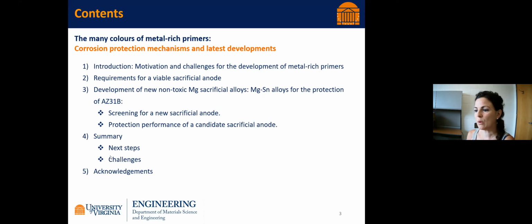So the bulk of the talk will be a case study focusing on magnesium-tin alloys for the protection of another magnesium alloy, which is AZ31B. That will include how we go about screening for a new sacrificial anode and the protection performance of a candidate sacrificial anode. And then I'll summarize with the next steps and challenges involved with incorporating that into a